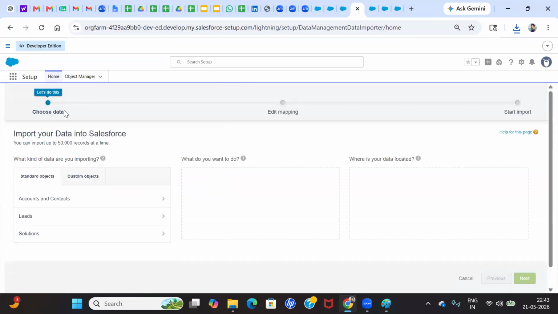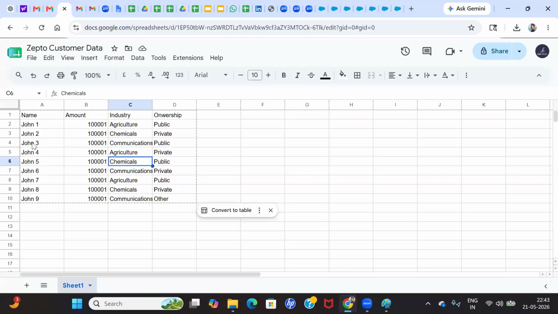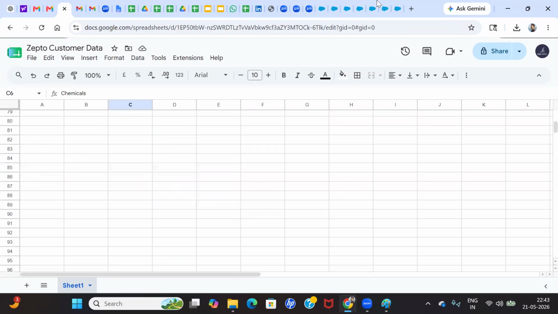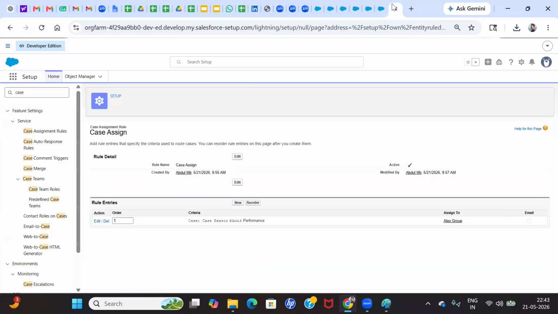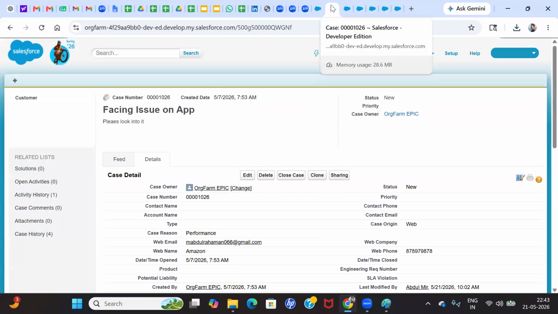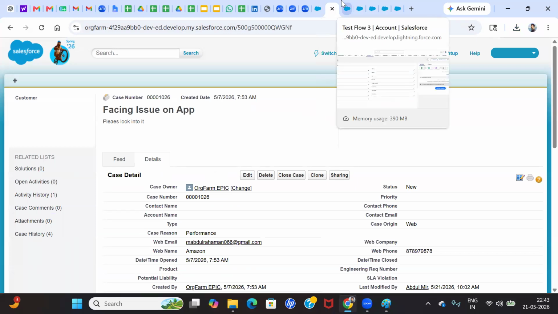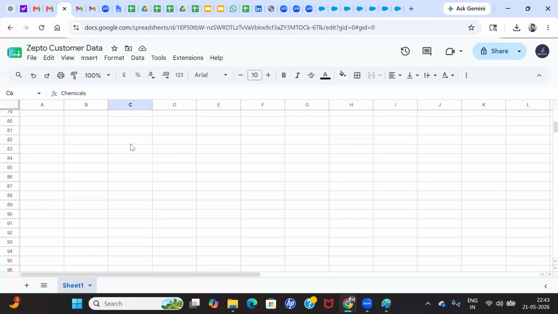In this Data Import Wizard, how many records can we upload? Only 50,000 records. Here we can see only 9 records, but up to 50,000 records can be imported with the Data Import Wizard. If it is more than 50,000 records, like the Zepto customer data, where I have overall 5 lakh records in this Excel,